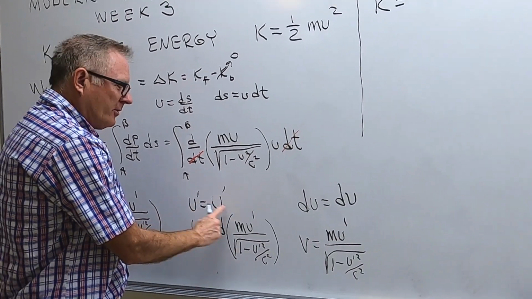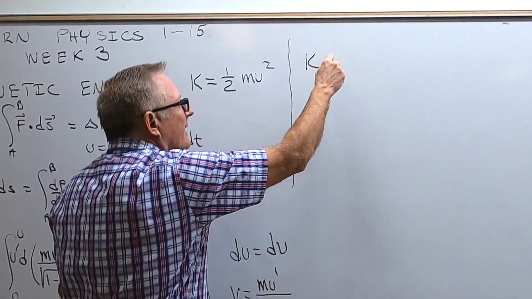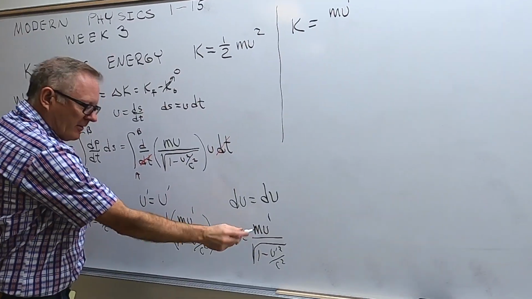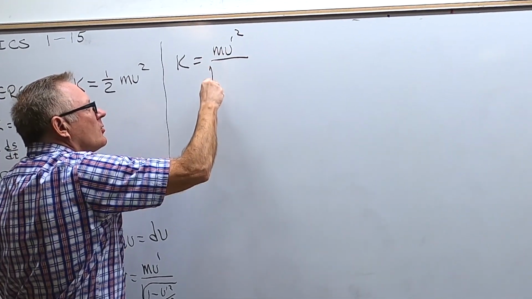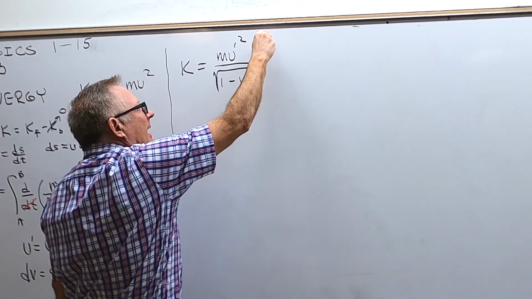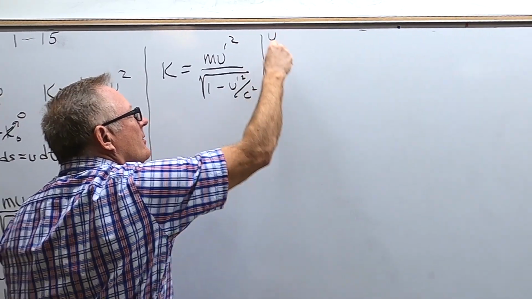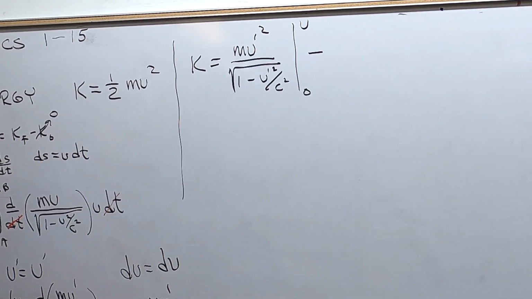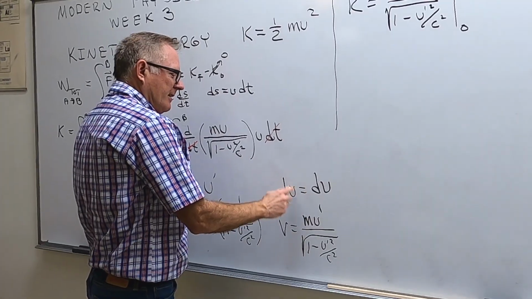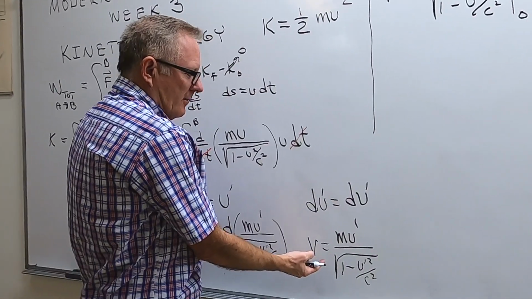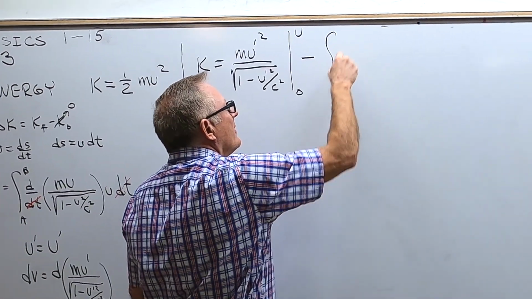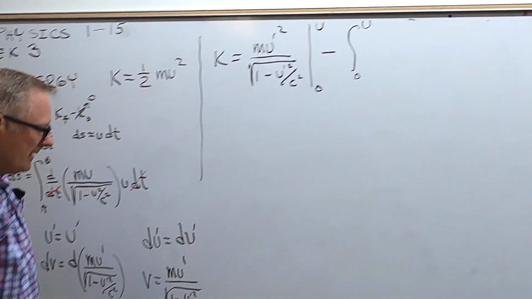So you'd have u times v, so that's mu prime squared divided by the square root of 1 minus u prime squared over c squared, evaluated from 0 to u, minus the integral of v du. So it would just be minus the integral from 0 to u of this du,